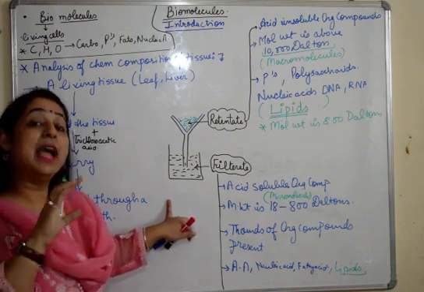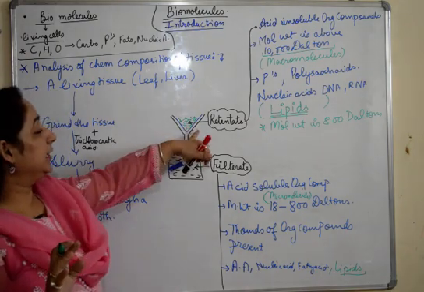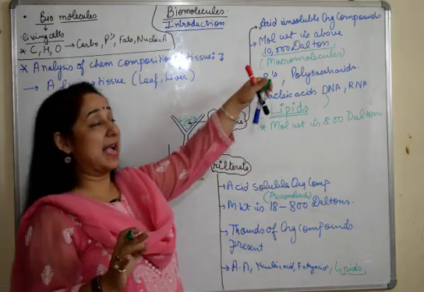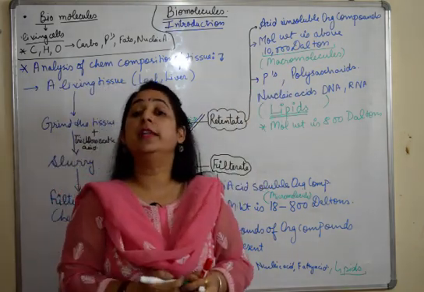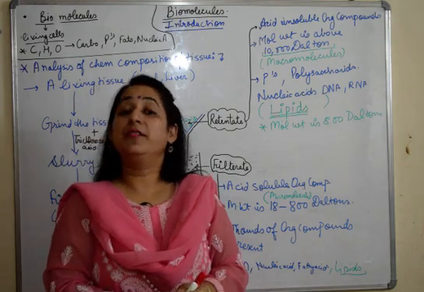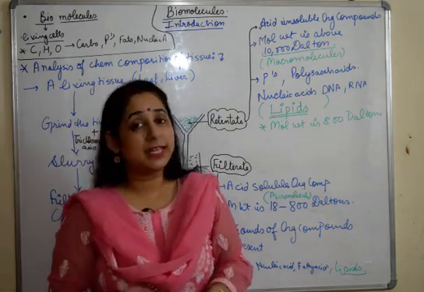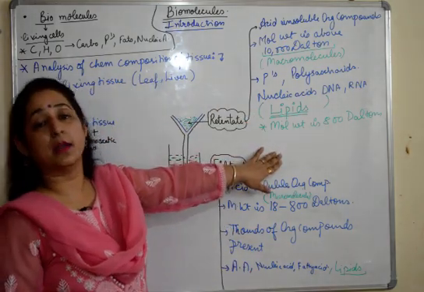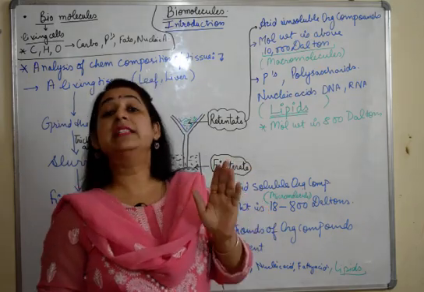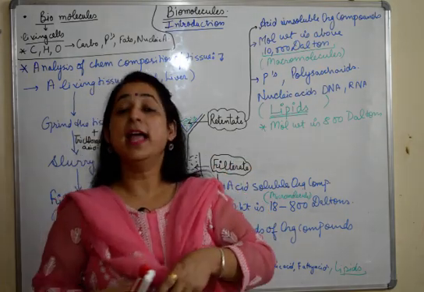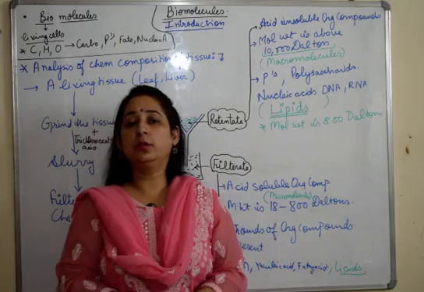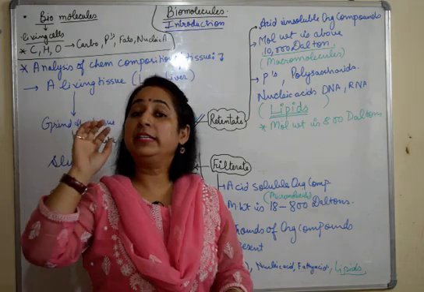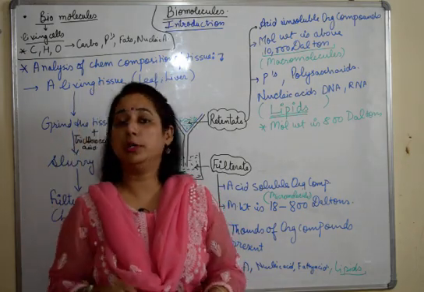Herein we have also come to know that in this retentate and filtrate there are two types of biomolecules, micromolecules and macromolecules, on the basis of their molecular weight. In our next video, we'll talk about another experiment. Here we have segregated the organic components; in the next experiment, we will segregate the inorganic components, and we'll also start with the biomolecules and differentiate between micro and macromolecules in detail.